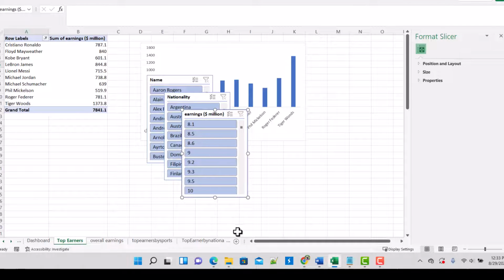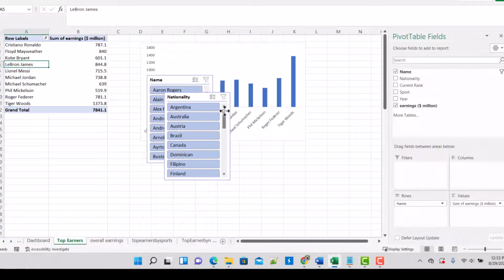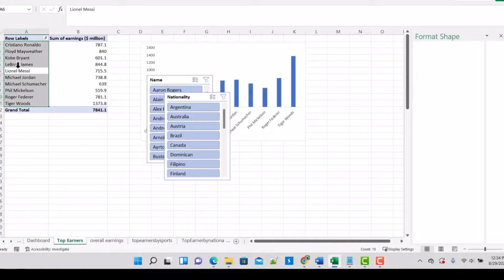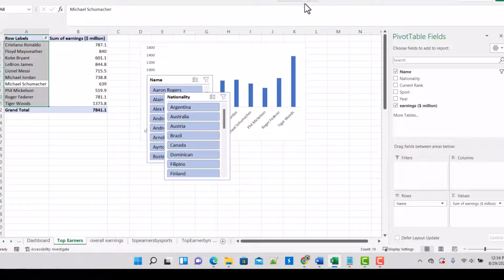So you'll get 3 slicers in here. And then what we want to do is actually the earnings don't really help me. So what I want to do is delete this. Okay, so I want to keep nationality and name intact. And what I also want to include as part of this is